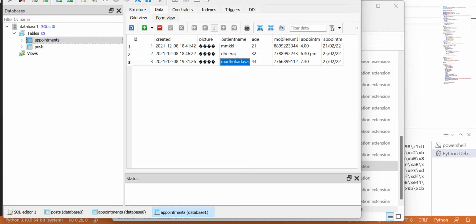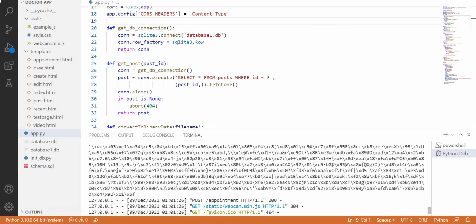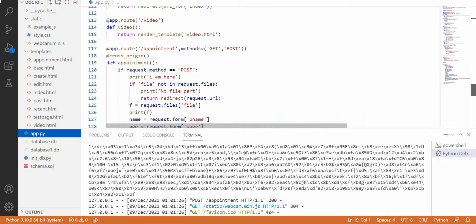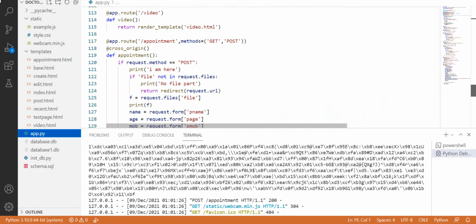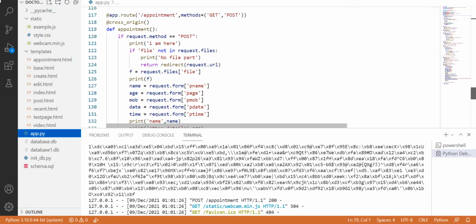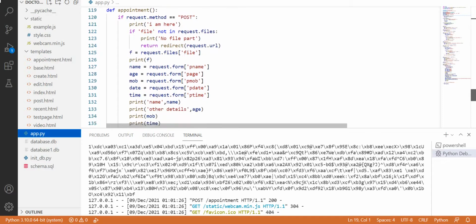So the whole thing, the code base, I'll explain in a while. In app.py what we have done is, after appointment, we get the post request from the JavaScript, that is the HTML form, and get the uploaded file name, age, and mobile number.